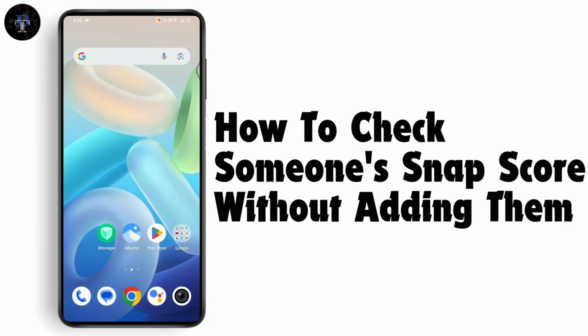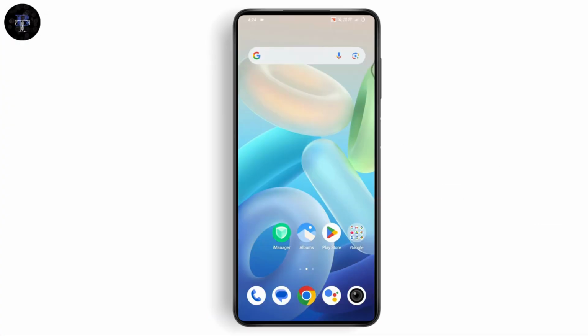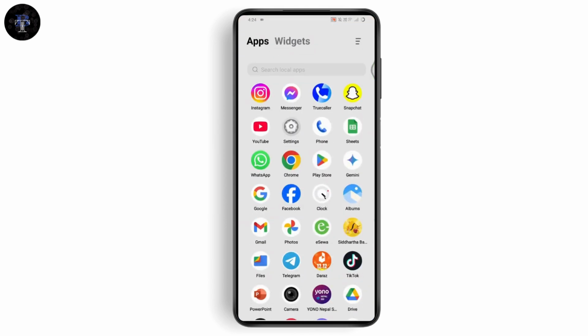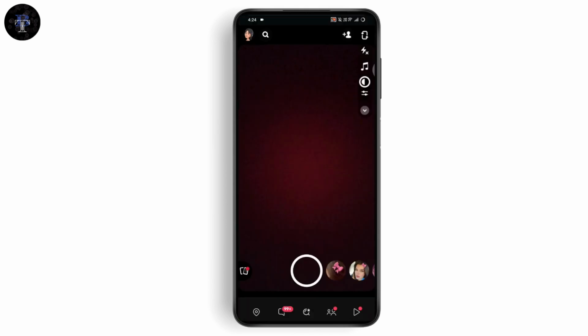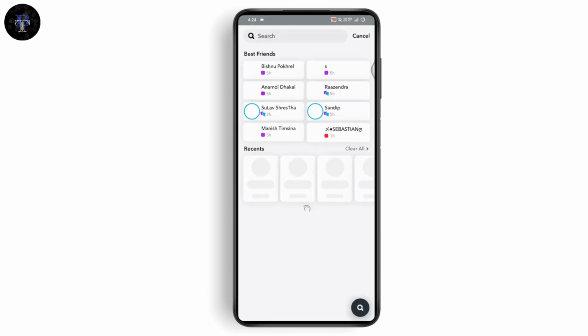How to check someone's Snap score without adding them. So if you want to check someone's Snap score without adding them, then let's see if it's possible or not. So if you open up your Snapchat and go with search, which is on the top left, and search for